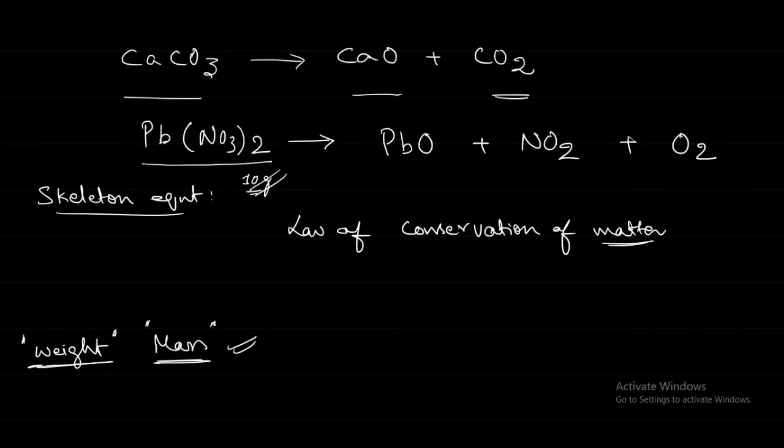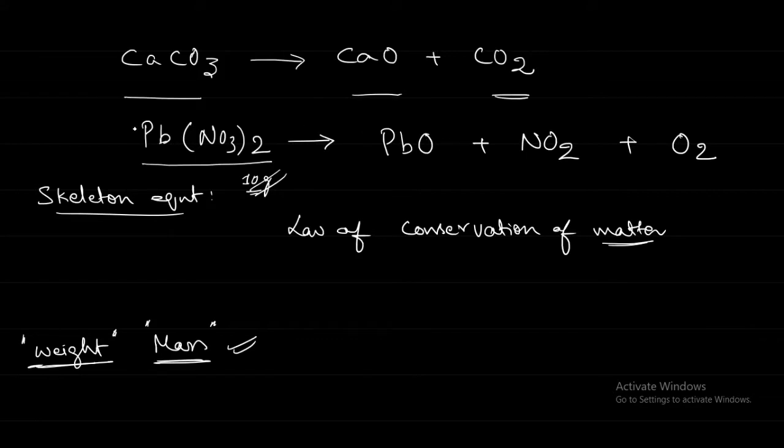So for mass there are different units, that is the mole. We will see in the future classes. Okay, we'll say number of moles, number of molecules. The number of molecules, number of moles, that are not going to change. Now here it is not a balanced equation, so we say it is a skeleton equation. It only tells what the reactants are and what the products are.